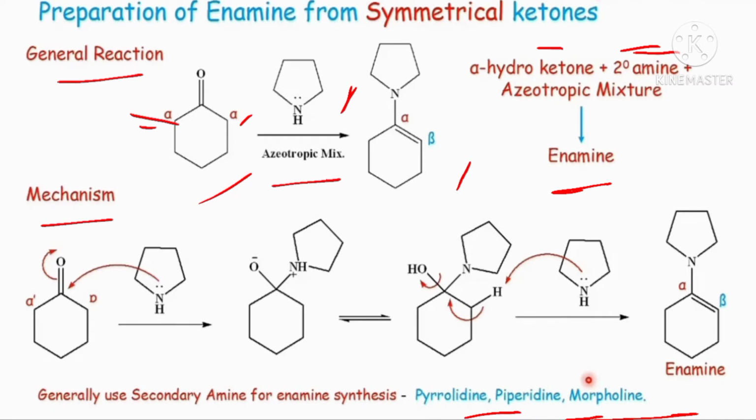Here the alpha hydroketone reacts with pyrrolidine. Here, formation of oxygen carrying a negative charge and nitrogen with a positive charge, and here H. Then this negative charge abstracts this proton and stabilizes the positive charge on nitrogen. Okay, and here formation of OH. Then by using the next molecule of pyrrolidine, here formation of enamine.